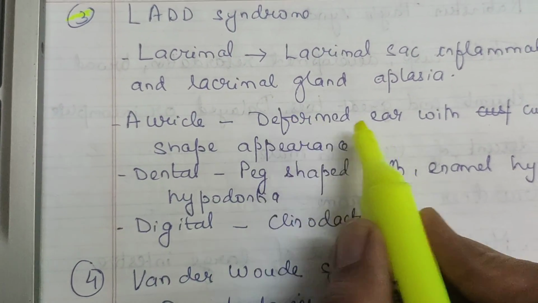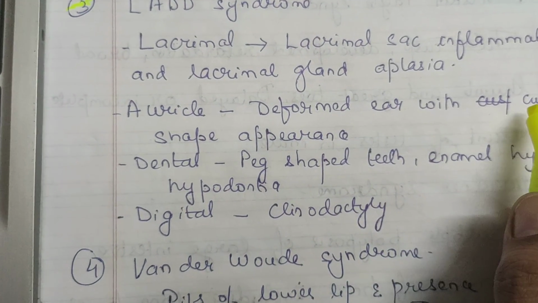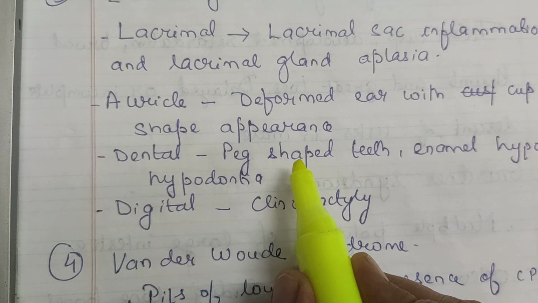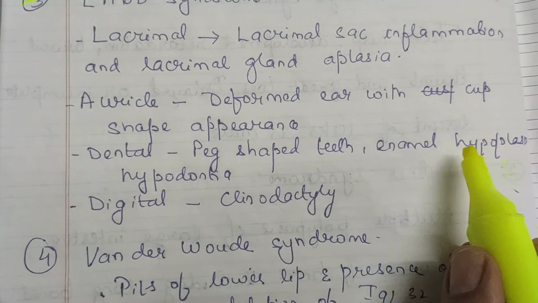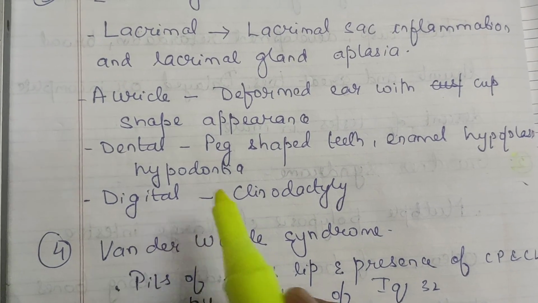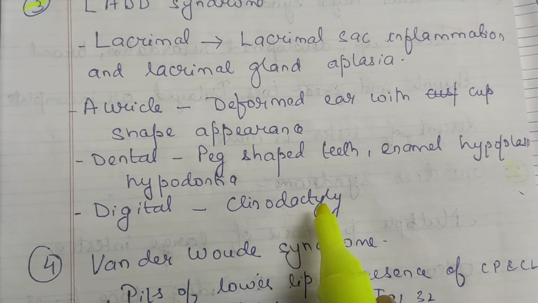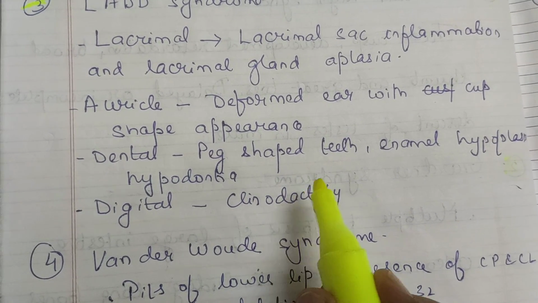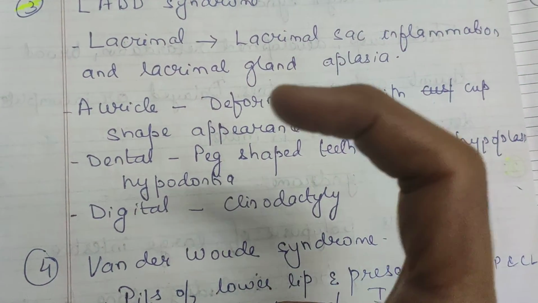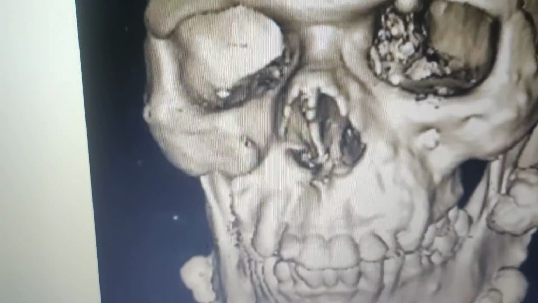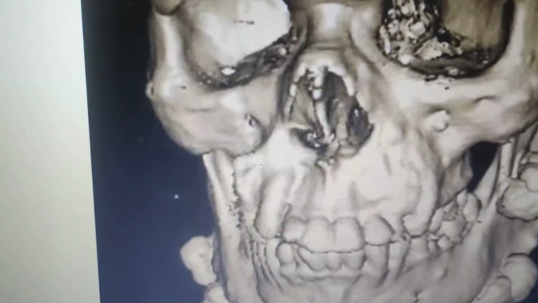Auricle, the ear will be deformed or it will be cup shaped. In dental you can see peg shaped teeth and there will be enamel hypoplasia. And in digital you can see clinodactyly. It means that the fingers will be hook like. And the diagram related to this is,